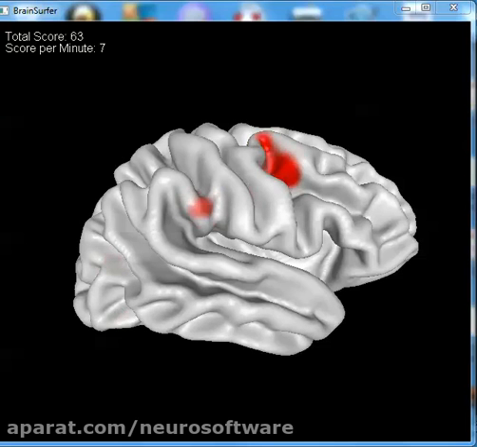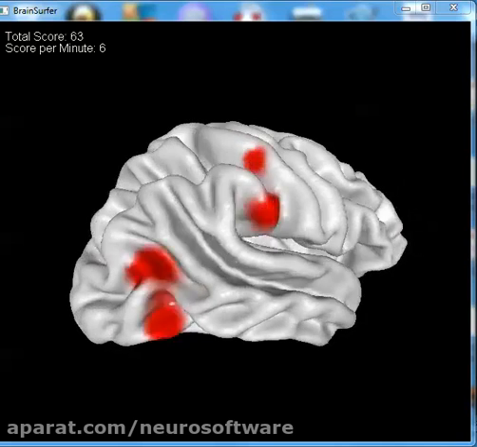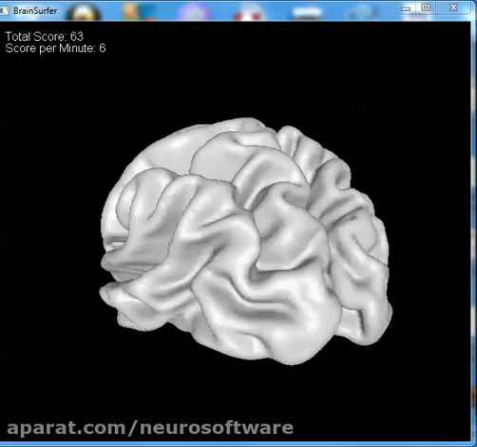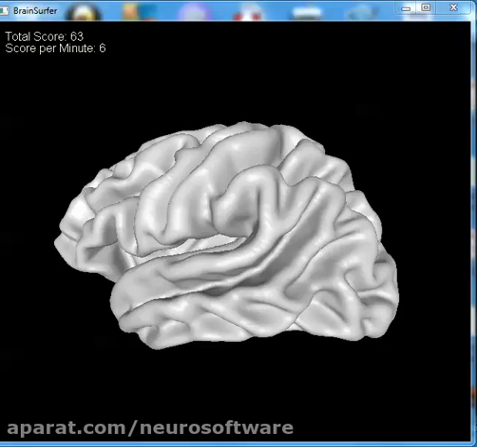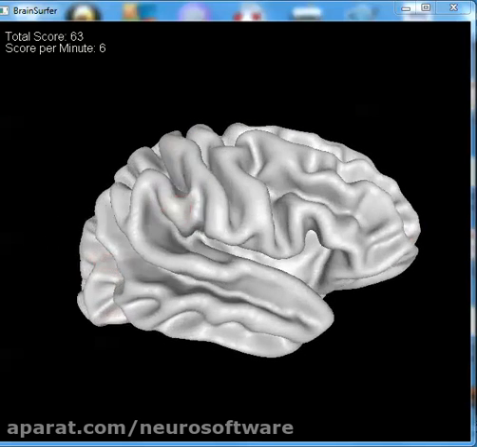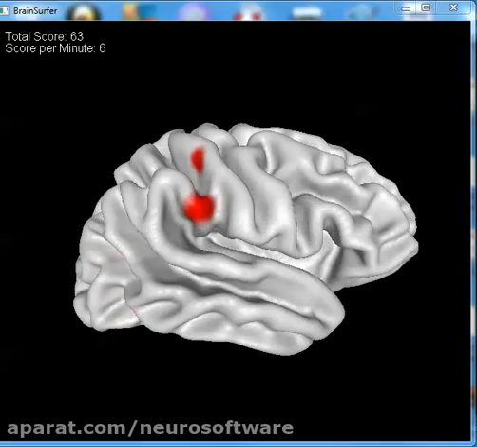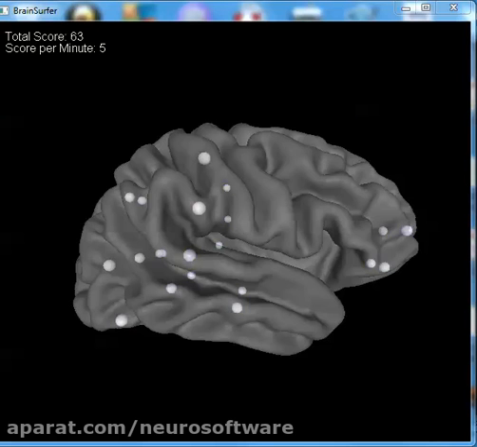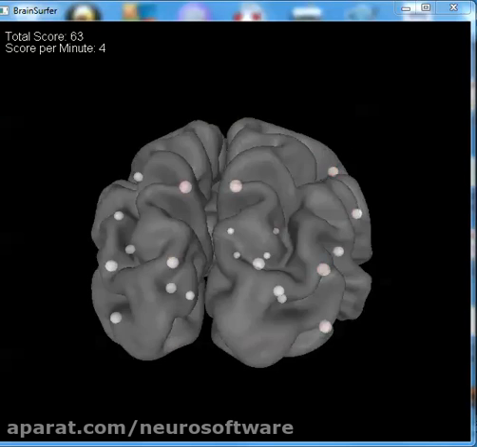Here's an example of the default network in this patient, where we now have a projection onto the cortical surface. Again, the left hemisphere is normal. Right hemisphere, where the injury to the brain occurred, is deviant from normal. We can go in and look at the nodes if we wish. And we, of course, can zoom in